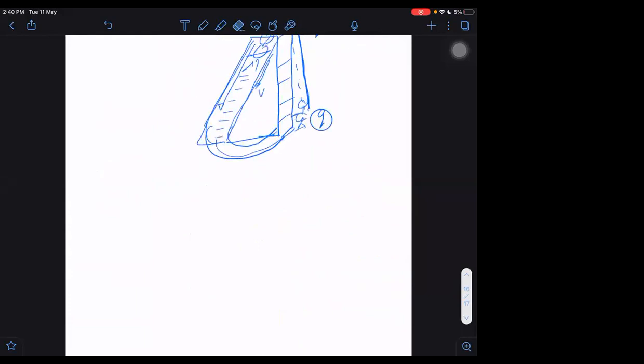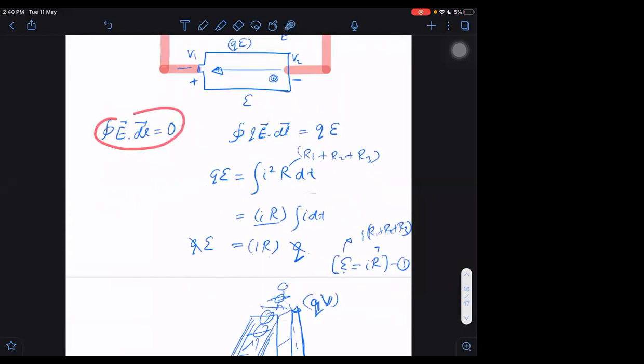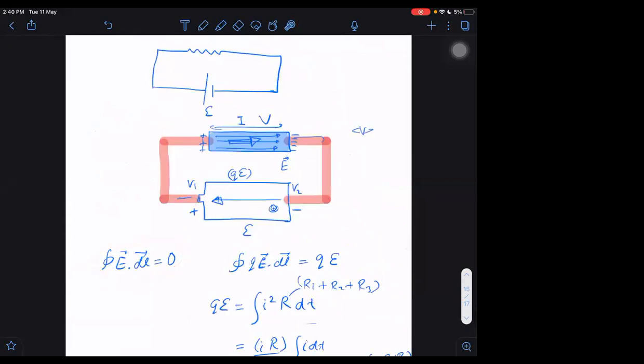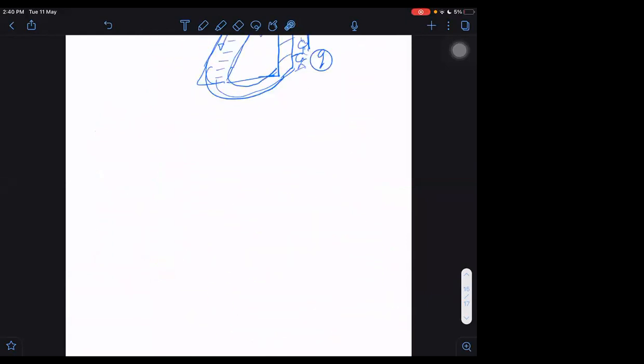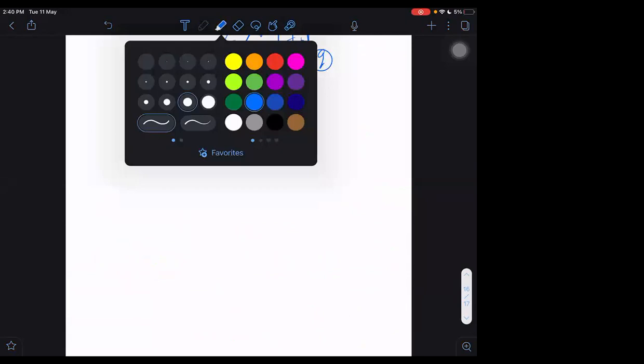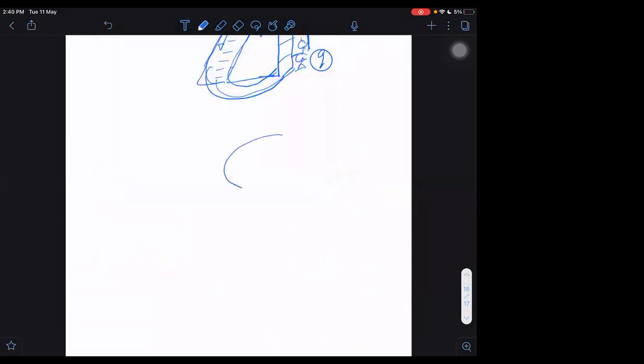Next, some people do it in a very different way. They say there are two fields, one is a conservative field and one is a non-conservative field. Actually, I don't consider that to be correct. That thing happens, and we will do it later in the magnetic field chapter, when the magnetic field varies inside and there are some resistances in the circuit, then some closed loop electric fields will be created. Those will be non-conservative fields.